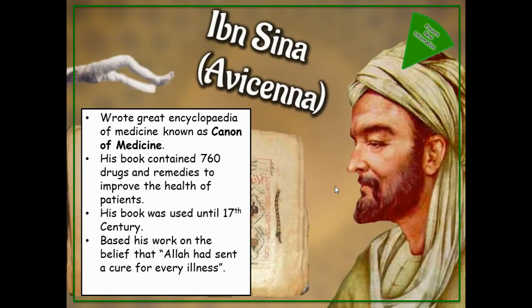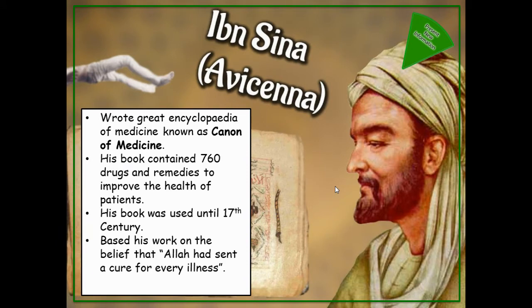Moving out of the ancient period and towards the medieval period, and also moving to the east, so in what is now modern day Iraq, the most famous thinker of their time was a man called Ibn Sina. He was a philosopher, a doctor, a scientist, had lots of different skills, and was particularly interested in curing illness. So he believed, as lots of Muslims did at the time, Allah had sent a cure for every illness. So their God, within their religion, had sent a cure to make people better from every illness.